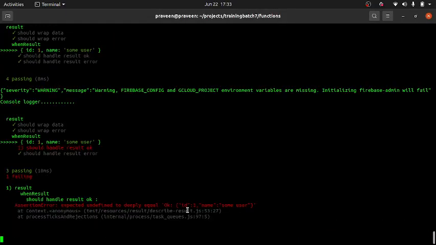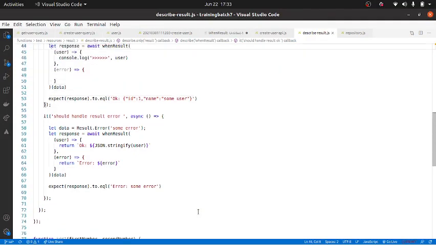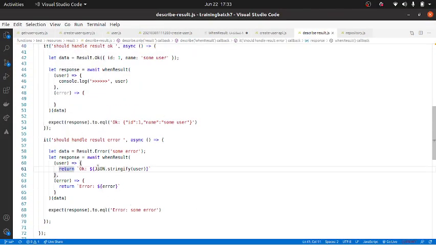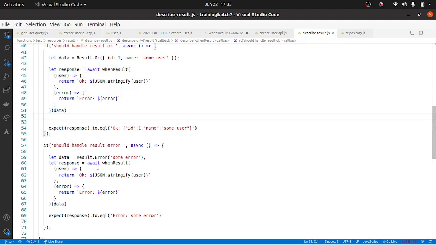Good. Only here it didn't pass, because I didn't return anything there. So I'll copy this, and this should be good. I'll stop here. You guys have to tell me if you have any doubts till now.